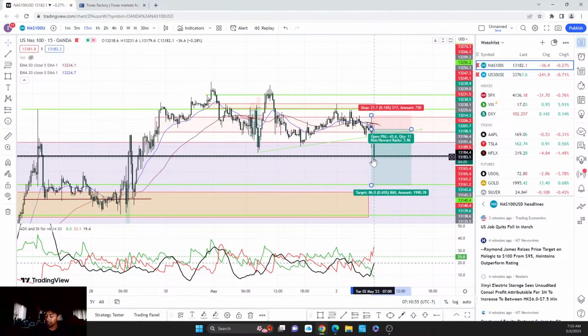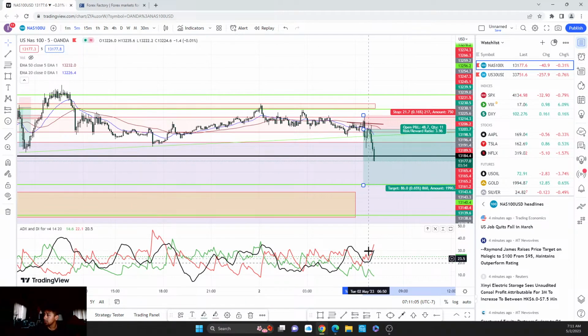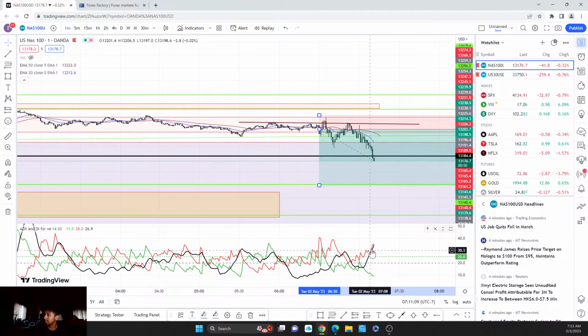87 pips. So it doesn't have to break this. If it doesn't break this, then we know there's a good chance it could push up on us. But you can see right now on this 15 minute, flying. Let's see the 5 minute. Okay, so we're still very bearish right now. And as long as it's doing this, I think we're good to stay in the trade from what I remember him saying. So,